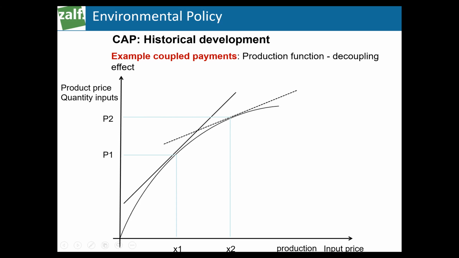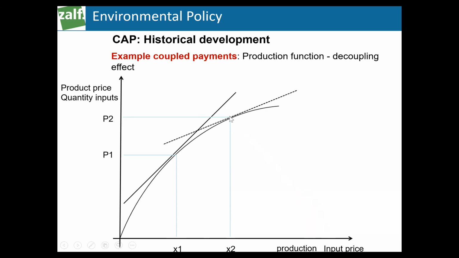That means you see here the production on this X, and on this X you see the product price. But it's a reciprocal quantity of inputs, if you look at the inputs and the input price. That means you had here at this point a very high level of production, a higher level of input prices and a higher level of input quantities, and they realized a higher product price, the farmers.